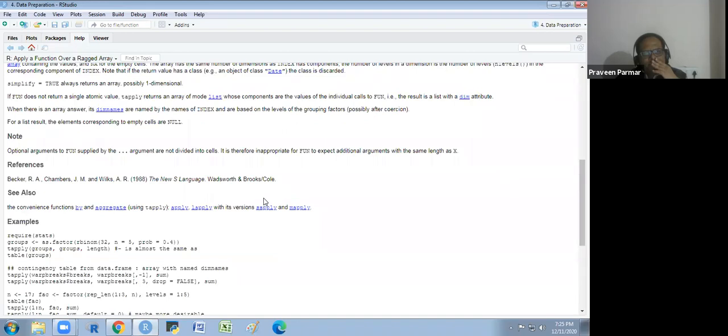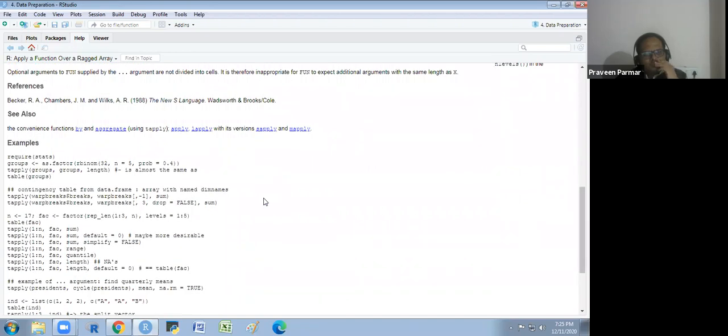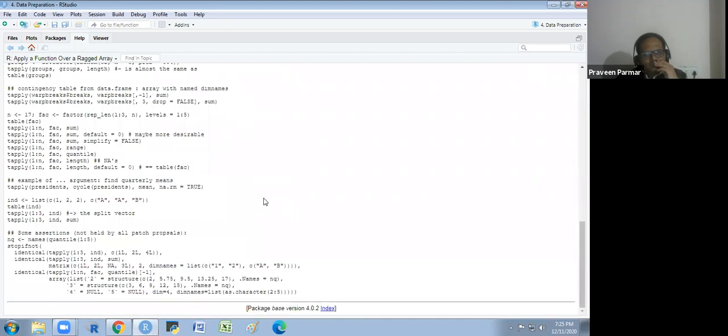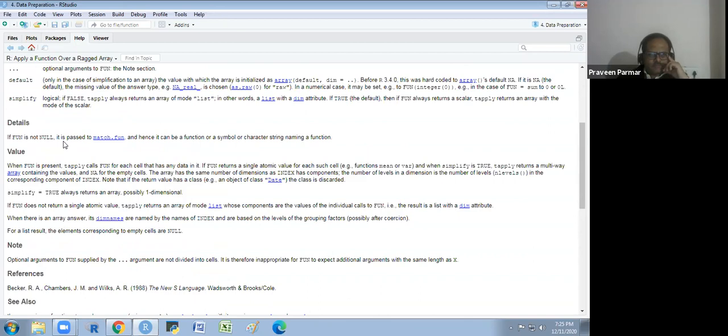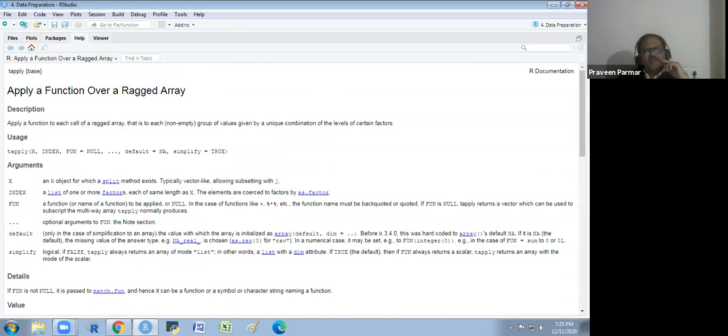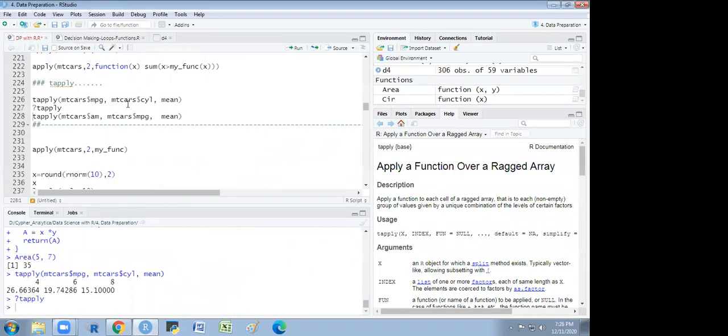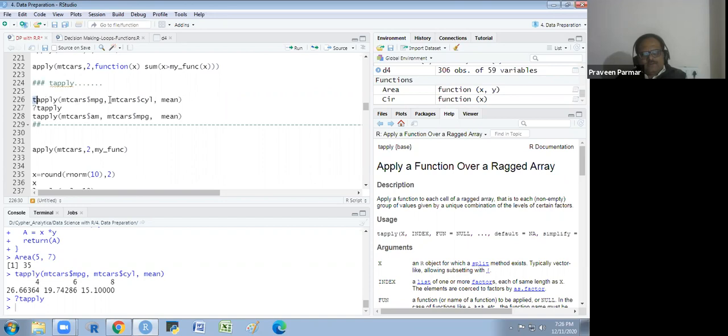Here that is not possible, because this is a function we are using instead of a for loop.